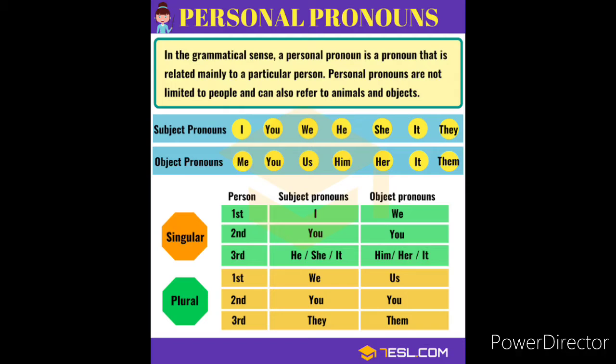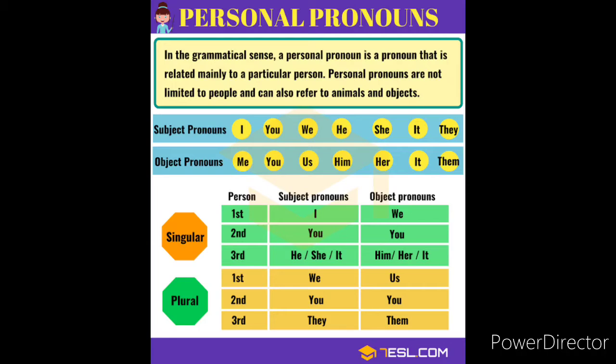If the first person subjective pronoun is I, the objective pronoun is me. In the second person, if the subjective pronoun is you, the objective pronoun is also you. In the third person, he, she, it in the subjective pronoun will change into him, her or it in the objective pronoun. In plural form, the first person we in the subjective pronoun should be changed to us in the objective pronoun. Second person you should be changed as you, and the third person they should be changed as them in the plural form of subjective and objective pronouns, children.